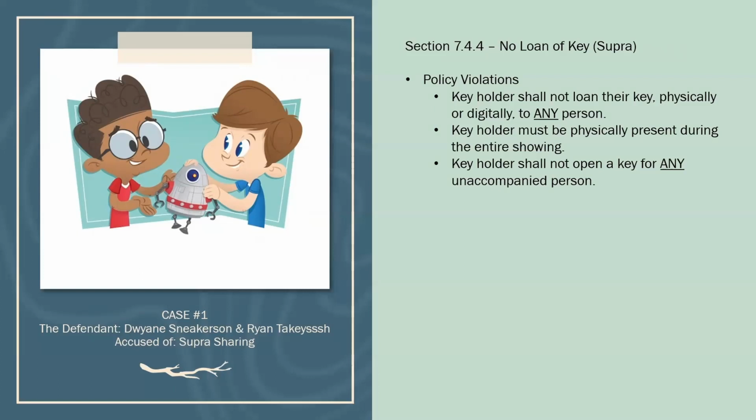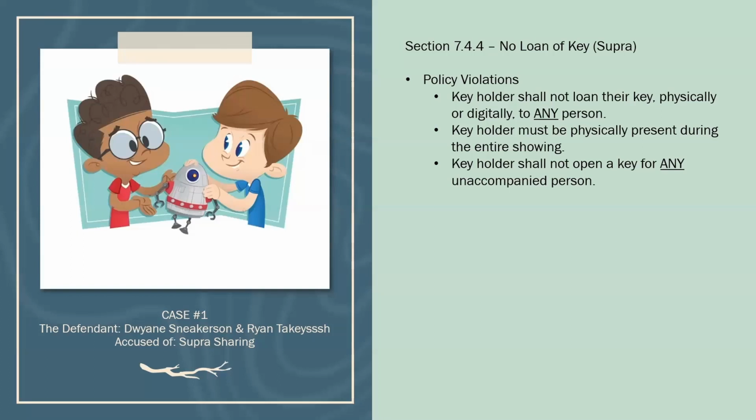What that means is, go back to the scenario when we were talking about Supra on the home screen. If you don't get your phone set up because your appointment hasn't come up and you ask another agent, hey, do you mind unlocking it? and that agent goes, yeah, I'll unlock it for you, then I've got to go. Okay, they are loaning out their key. If that agent gives you their phone and says, here, go unlock it and just give it back to me when you're done, that is loaning a key. So you cannot do that.